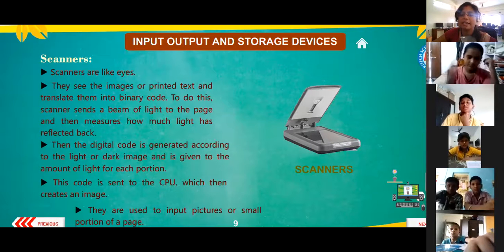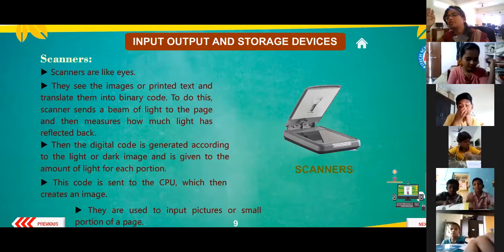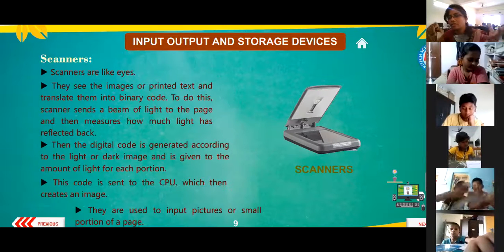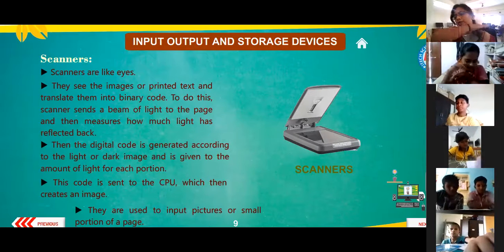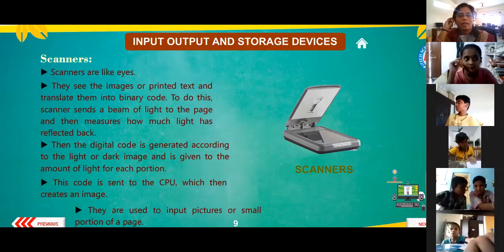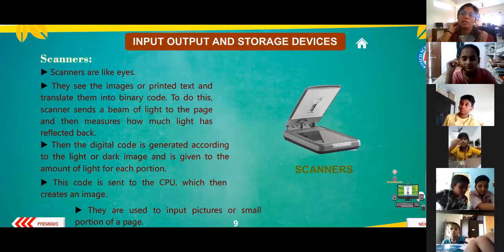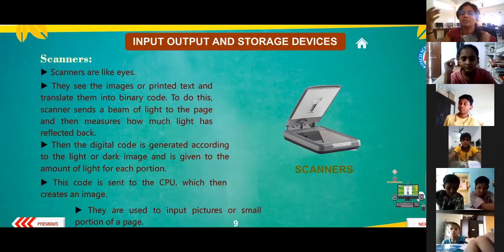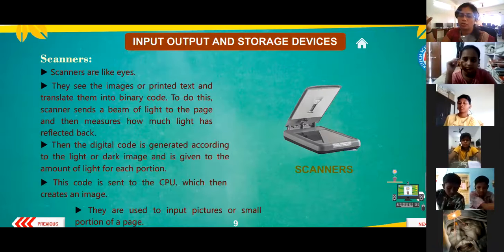To do this, the scanner sends a beam of light. It works like a Xerox machine. When you do Xerox, light passes over the image, which is captured, and it measures how much light is reflected back. Then a digital code is generated according to the light or dark parts of the image, given as the amount of light for each portion.